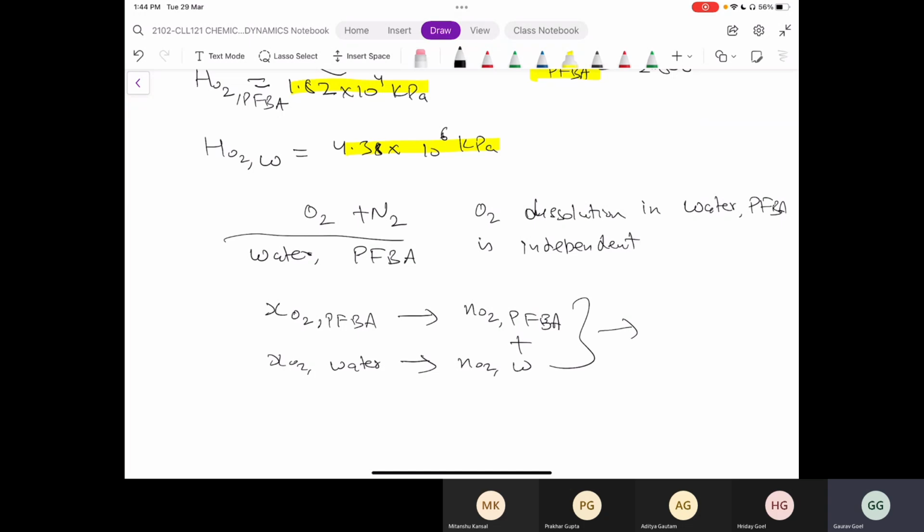And again, we will discuss this part more, but I want you to try at least. But that will be the broad procedure. Since I know the Henry's coefficient individually, I can use those individual Henry coefficients to get the mole fractions individually in water and PFBA. From mole fractions, I can get the mole numbers, add up the mole numbers,